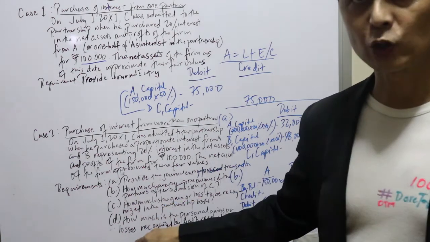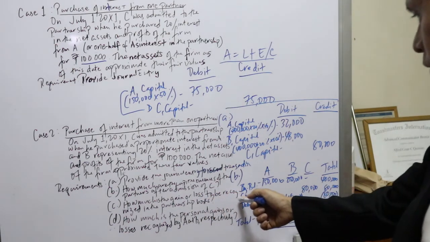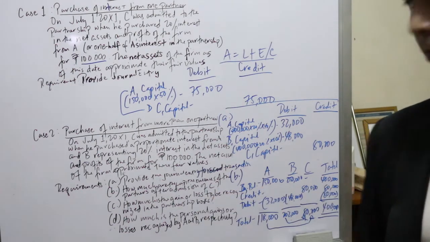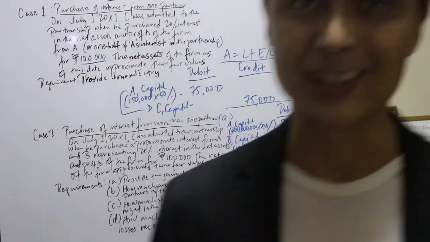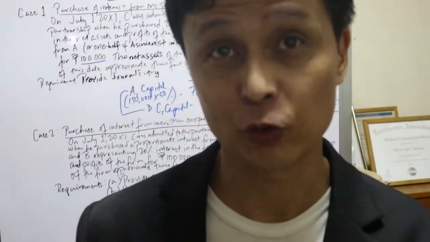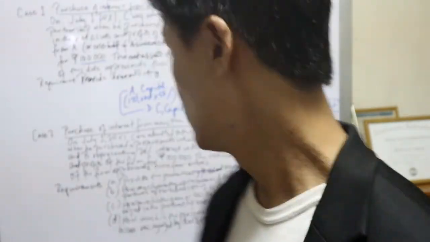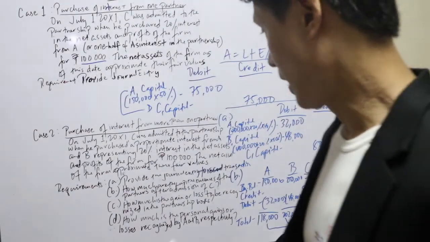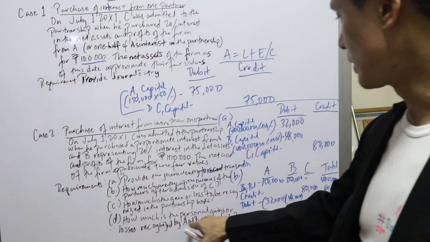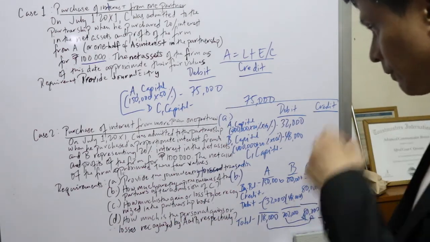Now, we can answer yung letter C. The question is how much is the gain or loss to be recognized in the partnership books. So there is no loss in the partnership books. Why? Because it is just a transfer from the existing partner to the new partner. So walang magagalaw yung sa books. So zero. So how much is the personal gains or losses recognized by A and B respectively?